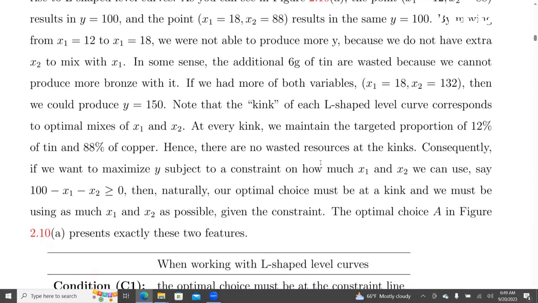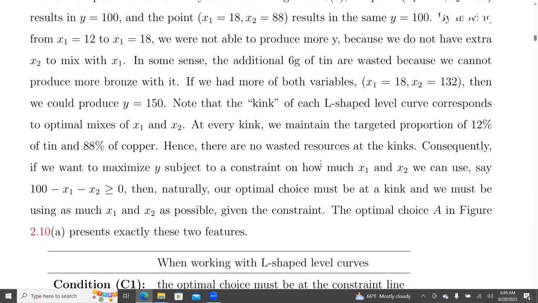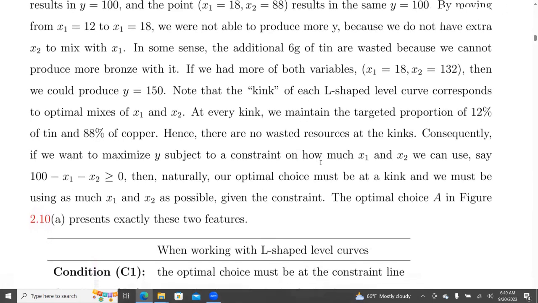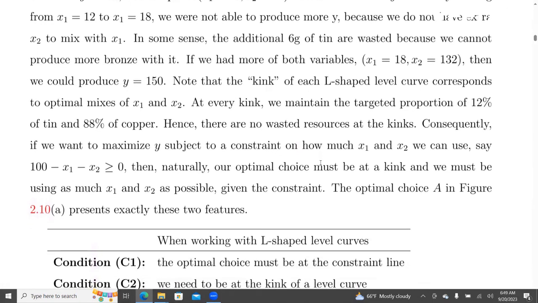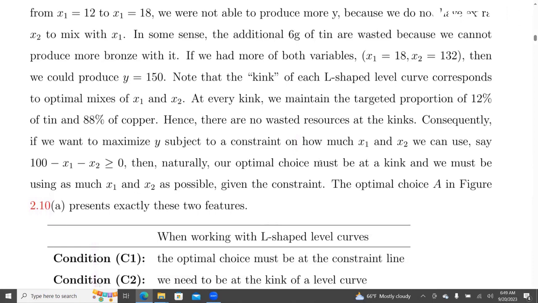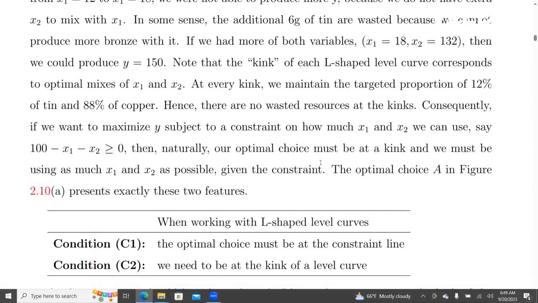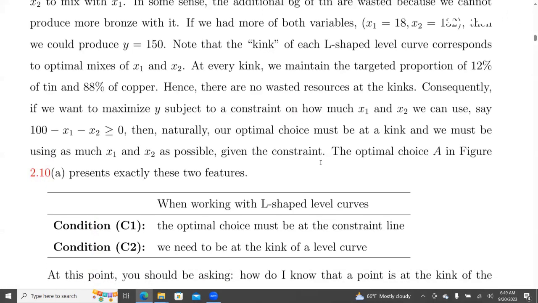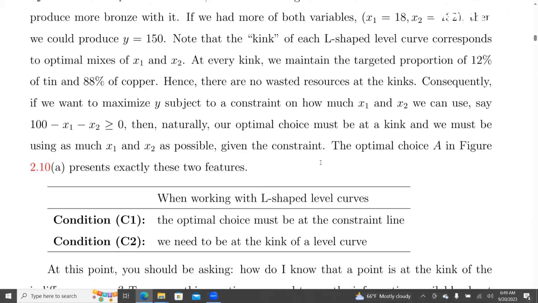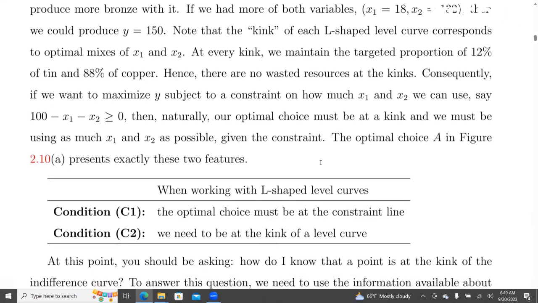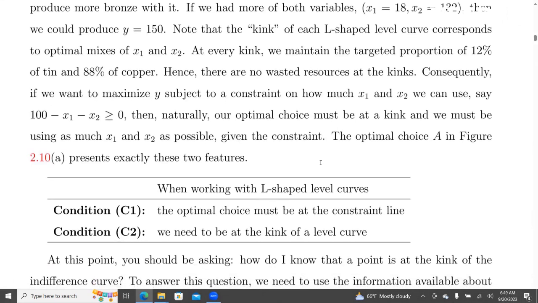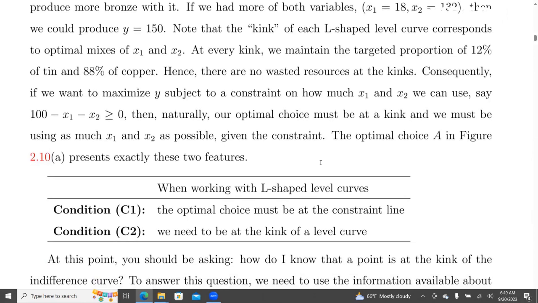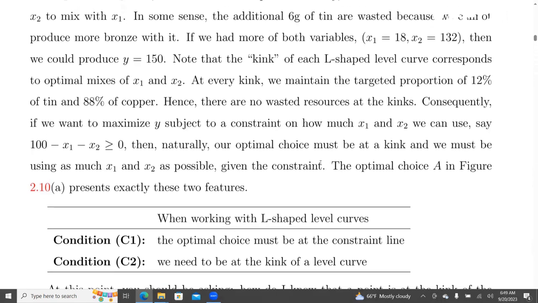If we had more of both variables, x1 equals 18, x2 equals 132, we could produce y equals 150. Note that the kink of each L-shaped level curve corresponds to optimal mixes of x1 and x2. At every kink, we maintain the targeted proportion of 12% of tin and 88% of copper. Hence, there are no wasted resources at the kinks. Consequently,